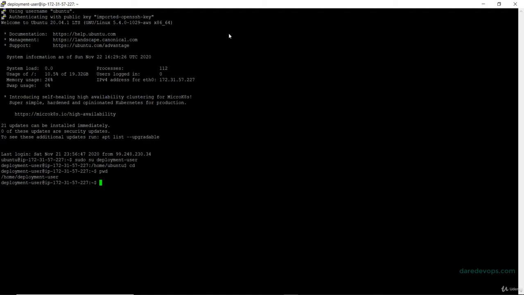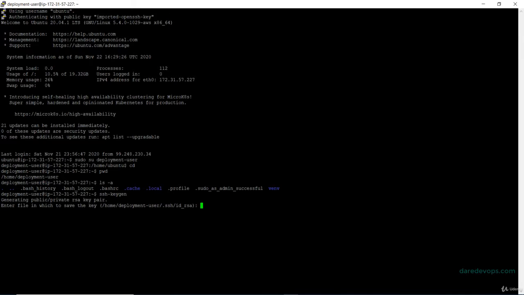I will make sure I am at the user's home directory. We are authenticating into our source control through SSH, so we need to upload the deployment user's public SSH key into our GitLab account. It's exactly the same thing that we did on the servers within our local DevOps lab environment. ls -a to see if the user has SSH keys already. Not yet, so I will generate a pair with this command: